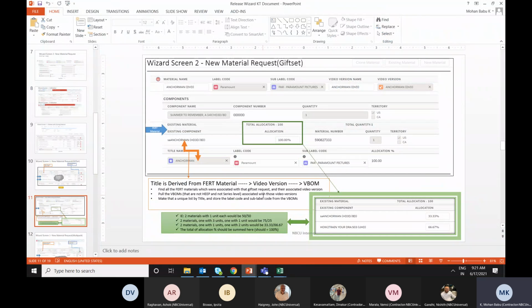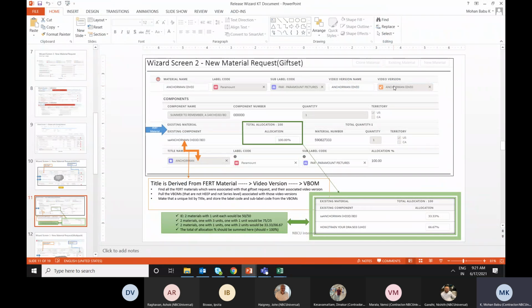So from there we can take the titles. If you have two existing materials, from these two existing materials we need to take the video versions, and from that video version we need to take the titles, and all those titles should be added under the gift set.